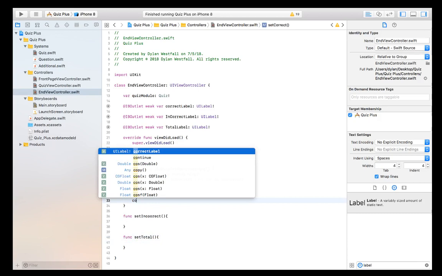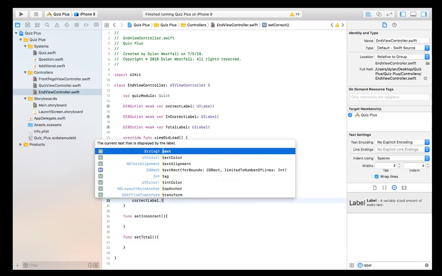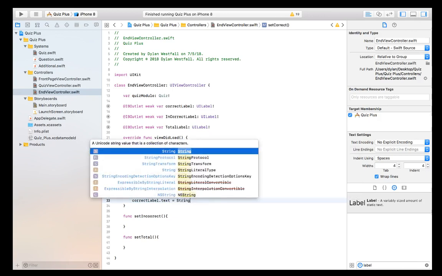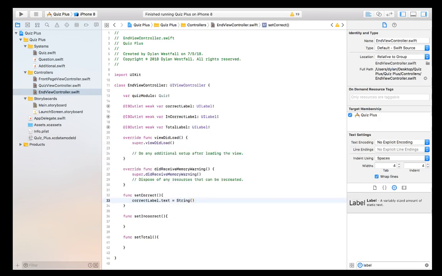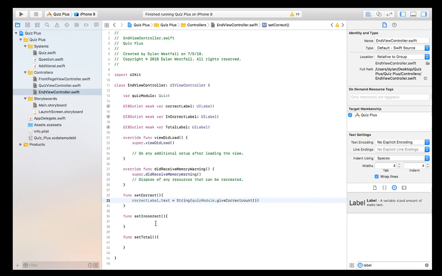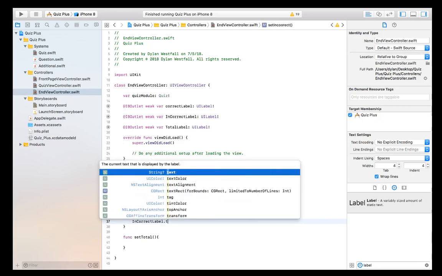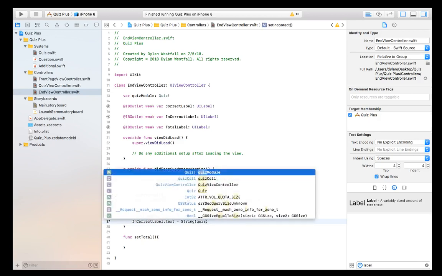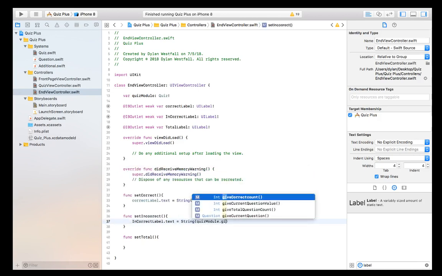Okay, so correct label dot text equals string quiz module dot give correct count. Then incorrect label dot text equals string quiz module dot give